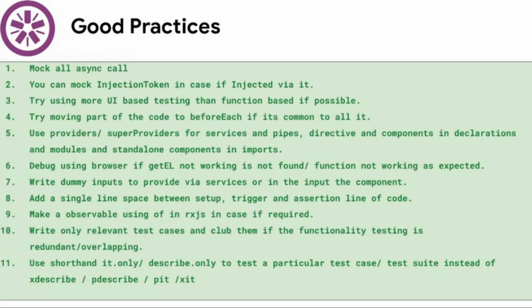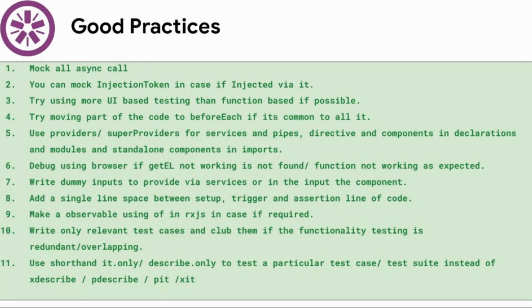Directly mock matDialog.open and check whether it is called, rather than mocking the run function and then again checking that matDialog is called; that is an overlapping test case. You are checking first that the function is called, then checking inside that function that it's called. It is better that you club both of them and just check whether that function is working as expected.